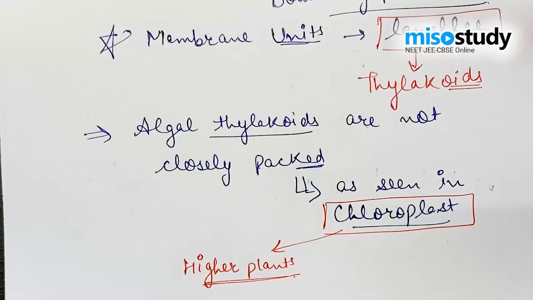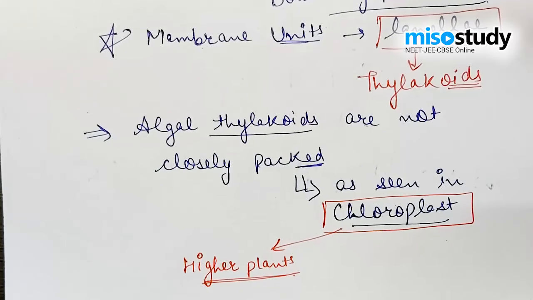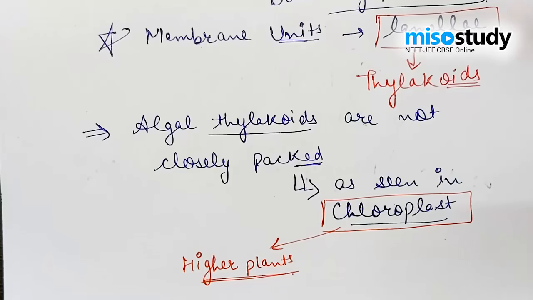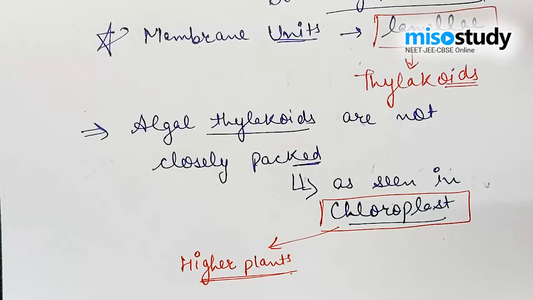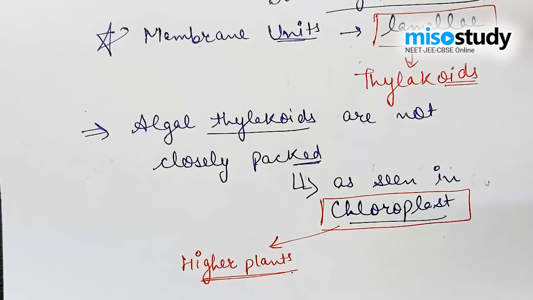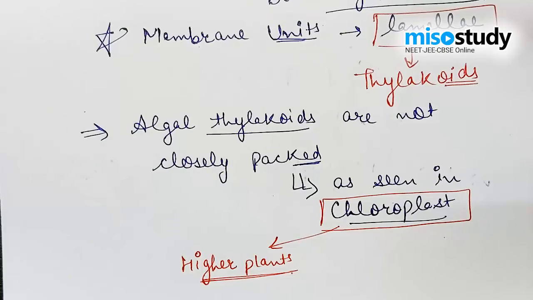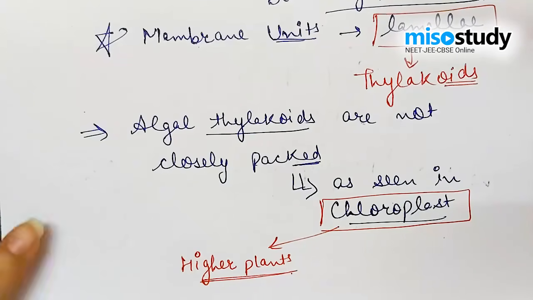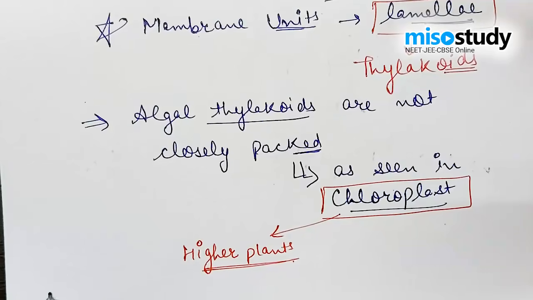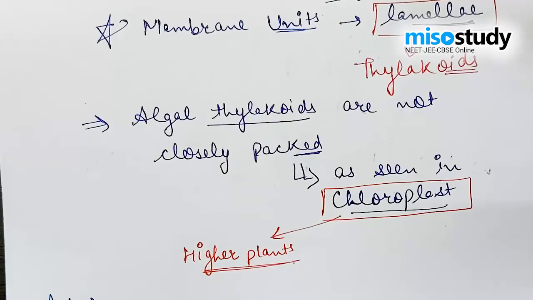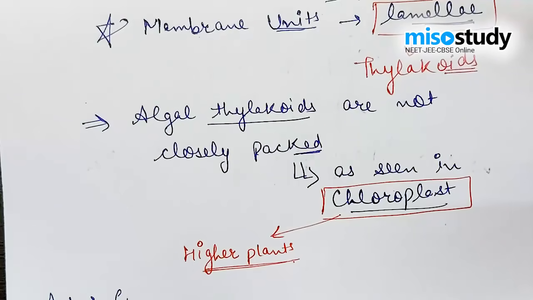Not tightly packed as present in the higher plant chloroplast. So after discussing all this about the plastid pigments, the stroma and the thylakoid, the right answer for the question is grana